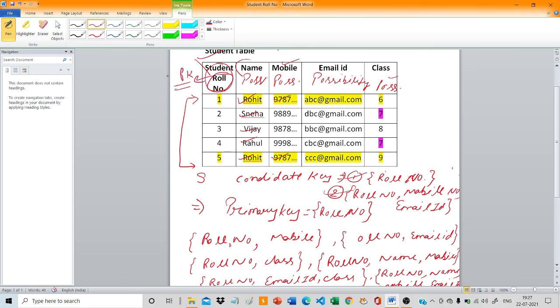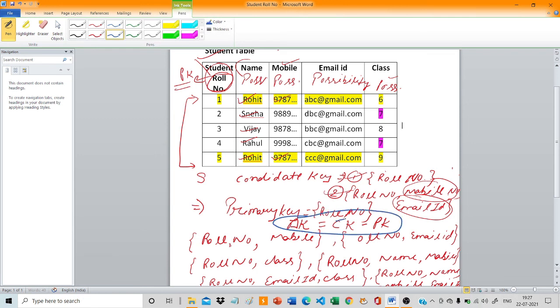Clear? And in this candidate key, the rest of the fields are what? Mobile number and email ID. That will become an alternate key, AK. So AK is what? AK is CK minus PK.